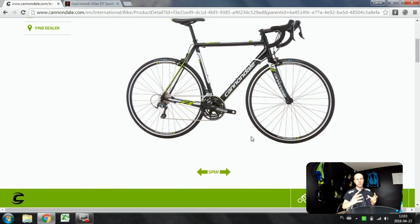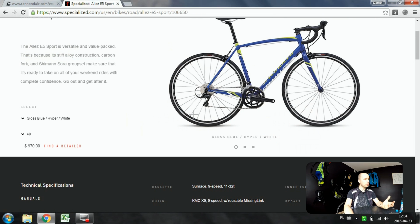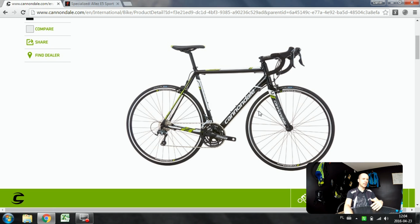Really, in terms of the drivetrain, from my experience, I would like to have the same brand at least, and even the same component level. If I have Shimano Sora, it would be awesome to have a Sora derailleur, Sora crankset, and a matching cassette with the chain. Mixing those often doesn't work very well, but here we have a BB30 bottom bracket, so Cannondale uses an FSA crankset for that. So really, between those two models, I would go for the Cannondale CAAD8. It's not much better, but I felt the compliance of the rear triangle, the SAVE system really does work, and